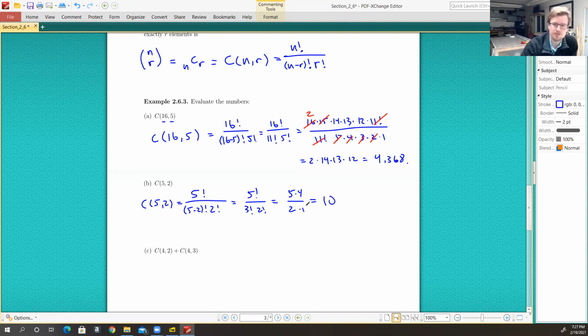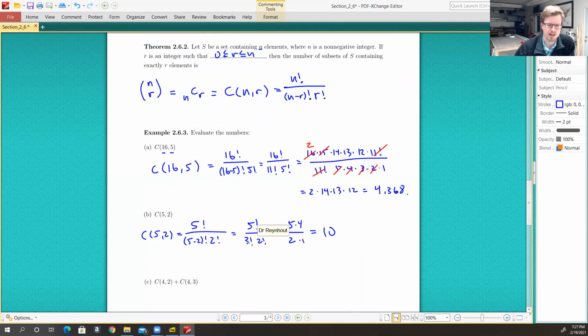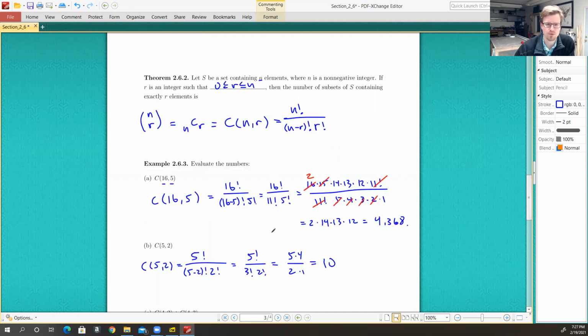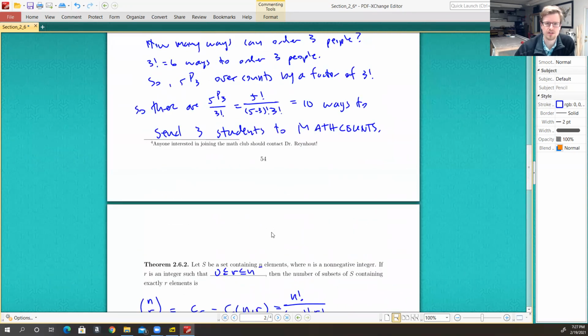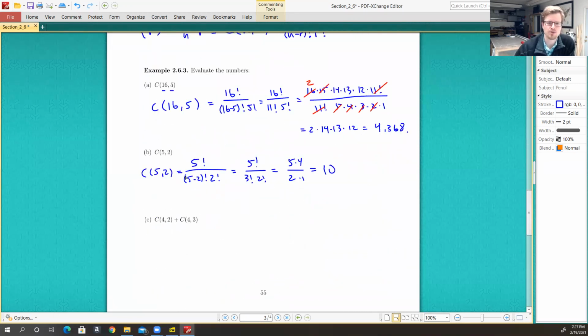Now, this should look somewhat familiar to us. We saw this thing right here, 5 factorial divided by 3 factorial times 2 factorial. We saw that right here, right? 5 minus 3 factorial is 2 factorial. So it can actually be shown, right here I chose 3 from the 5. Here I'm choosing 2 from the 5. It can actually be shown